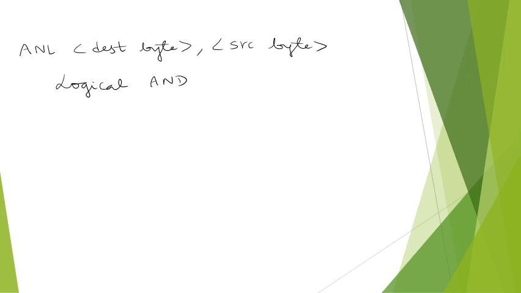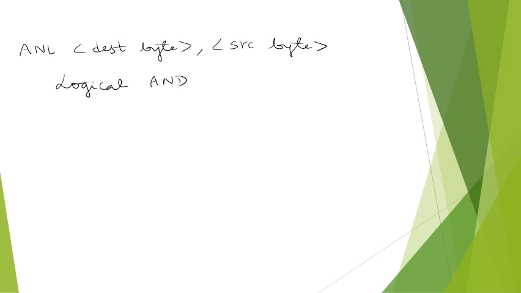So this instruction performs logical AND on the operands, that is the two variables specified by source byte and destination byte, bit by bit, and stores the result in the destination variable. The source and destination variables are byte size. So the two operands allow 6 addressing mode combinations, that is they can use the 6 addressing modes.